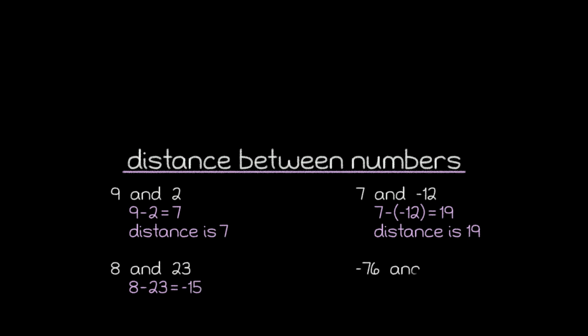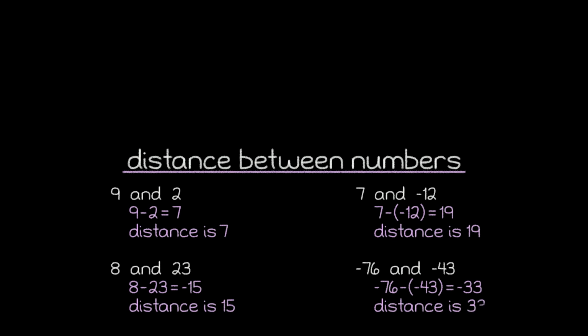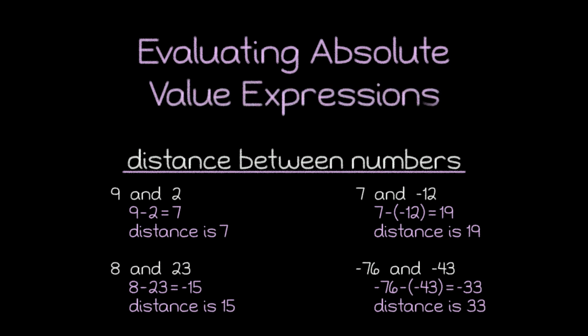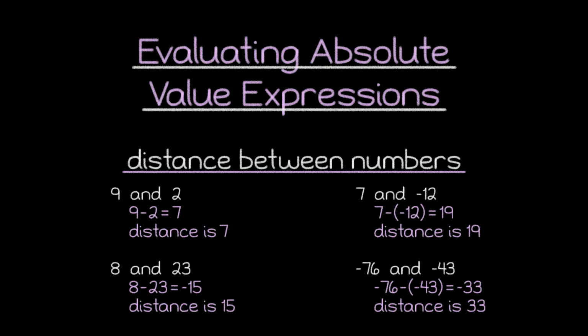And since we generally don't think of distances as being negative numbers, we can fix this problem by simply getting rid of the negative sign, so that the number is positive. In fact, this concept of making a number positive comes up often enough in math that we give it its own name, the absolute value.